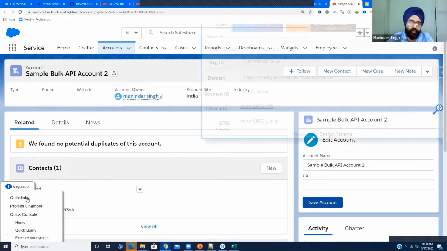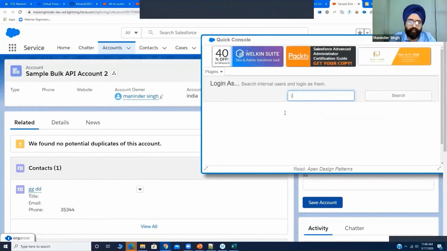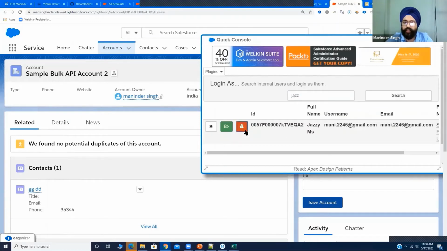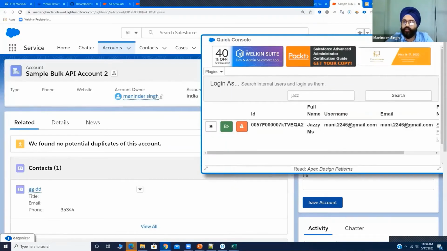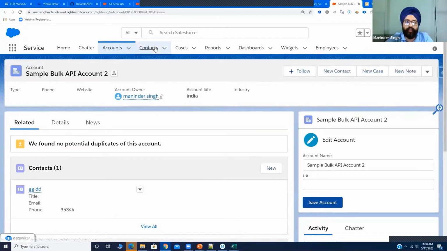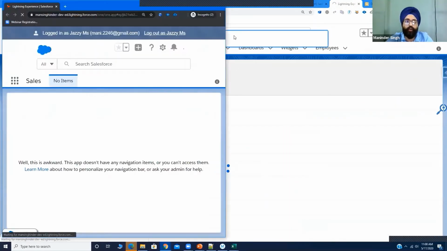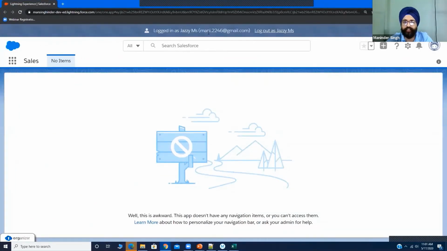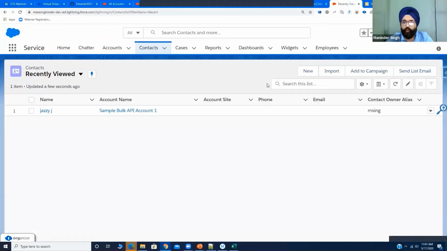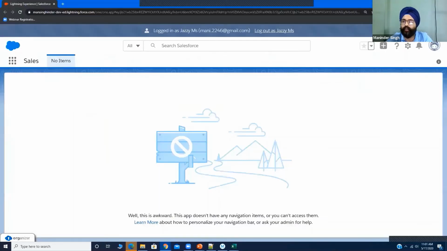To give you a demo, I will log in here, and there is a Jazzy. You can search the name of the user and click on login as incognito, which is a private window. The powerful feature here is I can use this window as an admin and make changes here. On the other hand, I can use this private window to test the feature logged in as a test user. So I can work on both users simultaneously, which is not possible if you use the standard Login As feature from Salesforce. You can work using only a single user. Okay, you can close it.